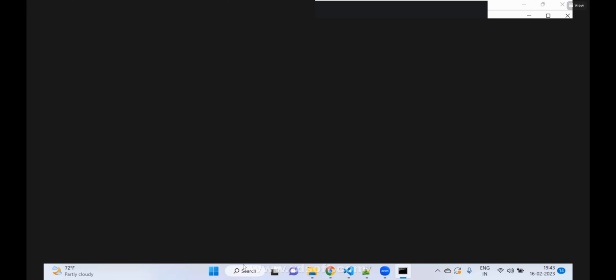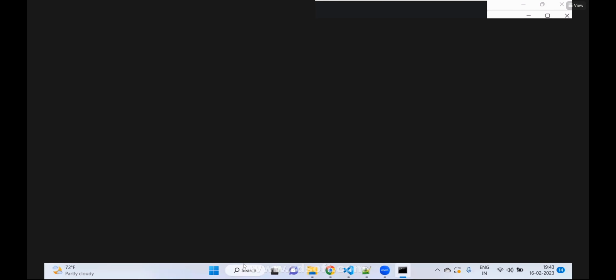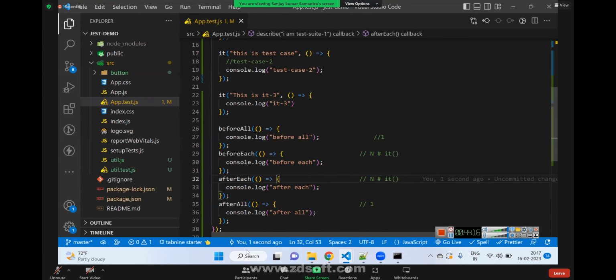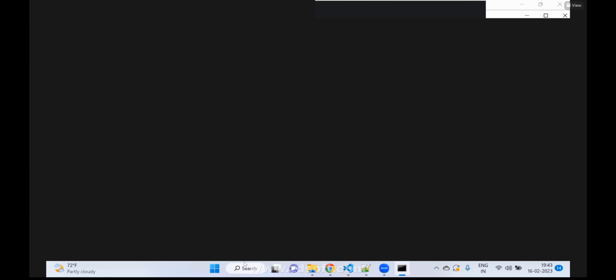Bind shoe is related to which function here? beforeAll. Open shoes, in which function will you write that logic? afterAll. Drink water, in which function will you write? beforeEach. Eat banana, afterEach. If there are 10 its available, how many times will these two functions be called? 10 times. Is it clear what Jest global functions are, how many global functions we have,